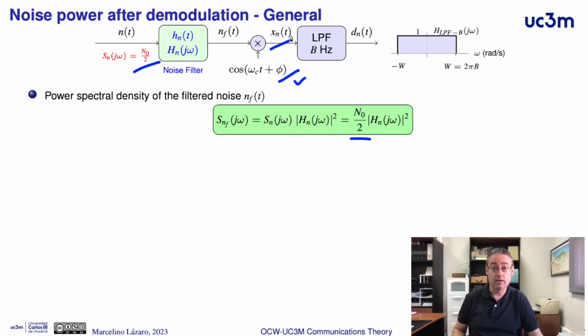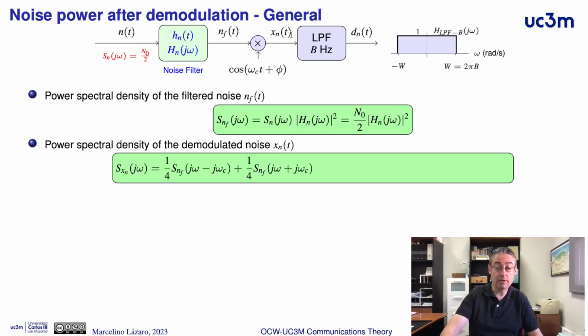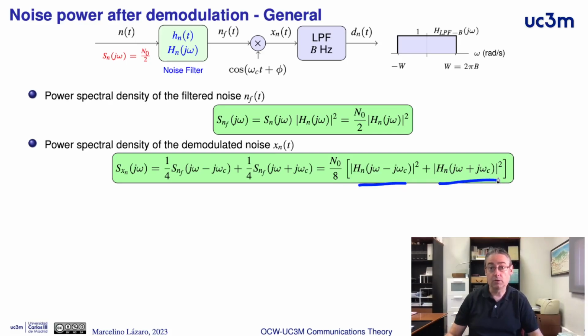xn of t. In this case, the product with the cosine in the time domain will produce two shifted replicas of the power spectral density of NF, shifted to plus and minus omega c, and each one with 1/4 of the previous amplitude. If now we replace the expression for SNF here, basically we have N0 divided by 8 times two replicas of the square modulus of the frequency response of the noise filter shifted to plus and minus omega